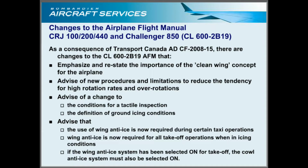Advise of new procedures and limitations to reduce the tendency for high rotation rates and over-rotations. Advise of a change in requirements for a tactile inspection of the critical surfaces and definition of ground icing conditions. Reinforce that wing anti-icing is now required during certain taxi operations and for all takeoff operations when in icing conditions. State that if the wing anti-ice system has been selected on for takeoff, the cowl anti-ice system must also be